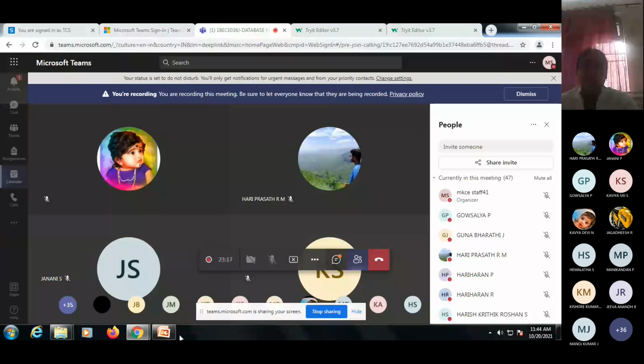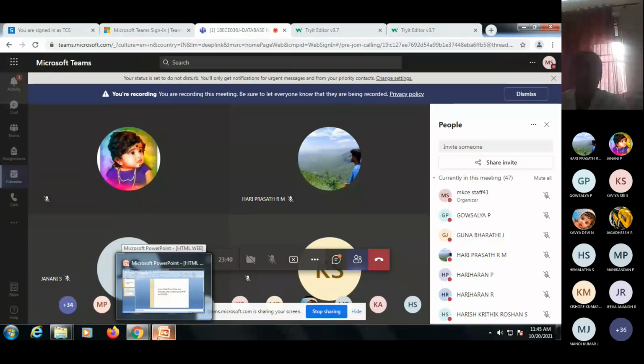So I share my screen. Now I'm going to explain how to simulate your HTML form data in your database by using the POST method, with the help of PHP and MySQL code. You already know well about HTML, which is hypertext markup language.